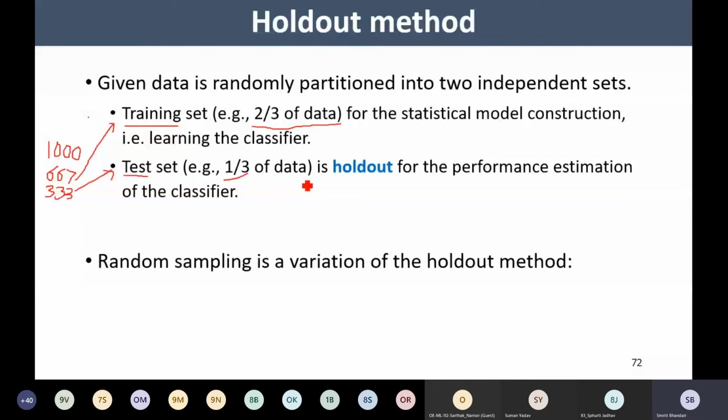Now, random sampling is sometimes a variation of the holdout method. What we mean by random sampling, I'm going to explain to you. There are several drawbacks of the holdout method. So what are those drawbacks of the holdout method? See, for example,